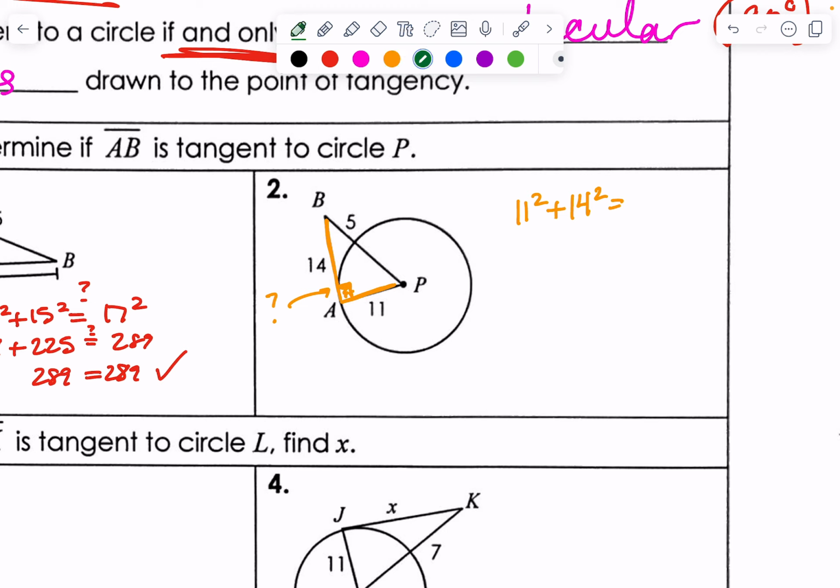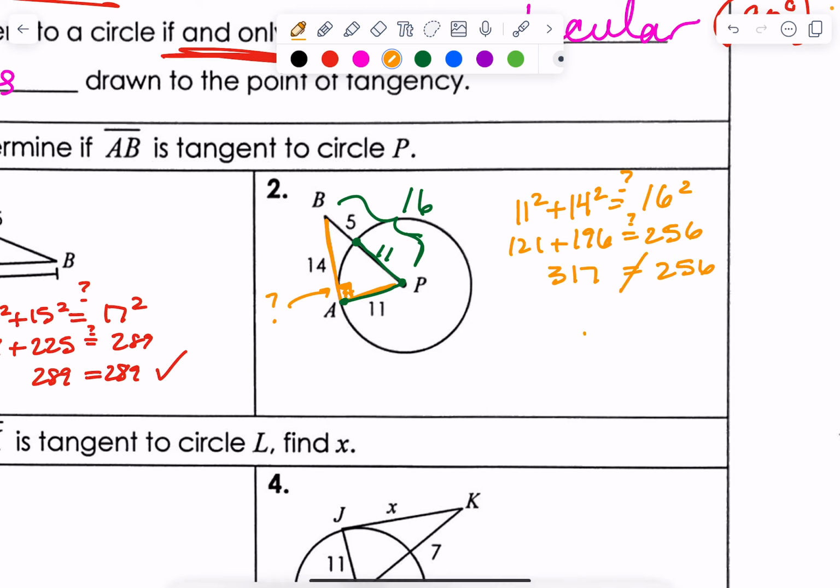Well, this piece goes from the center out, and coincidentally, so does that one. So that makes this also 11. Those are both radiuses, which makes this piece 16. So if it's tangent, that would be the same as 16 squared. So that's 121 plus 196 equals 256, maybe. But then I add that and I get 317, which is not the same as 256. So no, AB is not tangent,